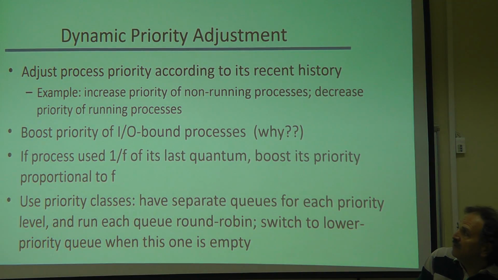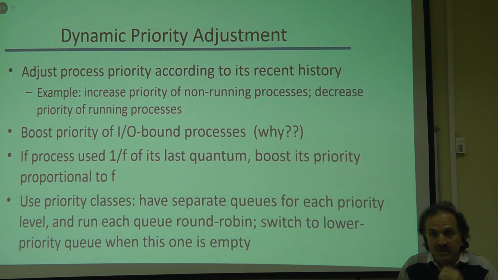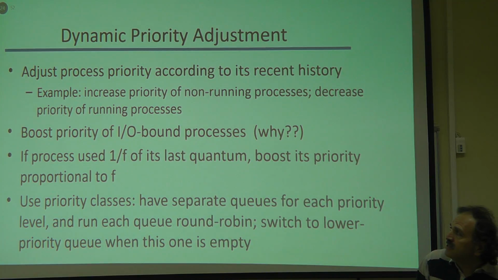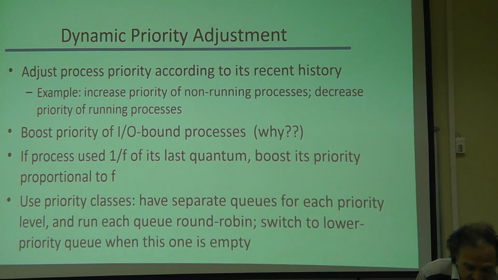We said that for the I/O-bound processes, we like to boost the priority, because I/O-bound processes are blocked more often than the CPU-bound processes. That's why they need more CPU time. For these processes to get more CPU time, we need to boost their priority by the fraction of 1 over f, where f is